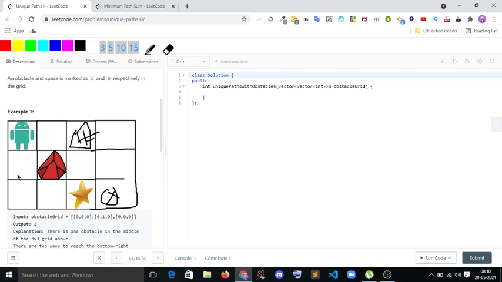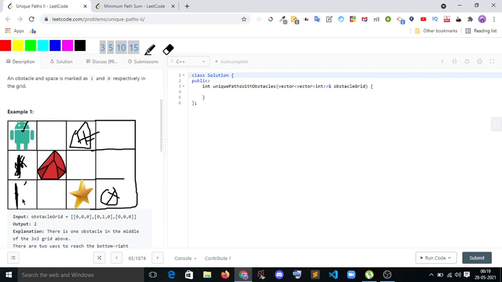Okay, so think about this as our obstacle, or something like that, or this is a blocking. So this is not an obstacle, so it becomes one. It will become one. Okay. In our first condition, that is the base condition, if I really want to reach from this position to this position, I have only one move.